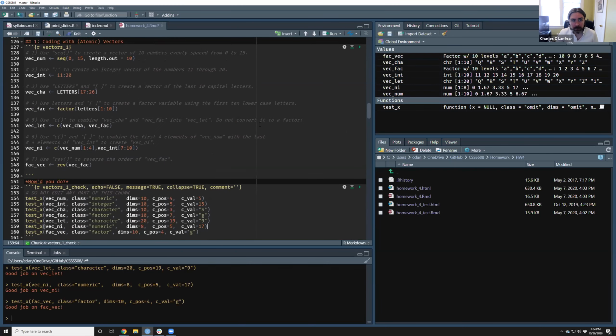Okay, so any questions on the vectors? Any other problems? Okay. How about this one? Missing value or true false needed. So that depends on the line where that error is popping up. That's indicating you've got a missing value somewhere. Does it say what line that error is on? vec NI. That's saying here that you have some sort of issue. Most likely you have missing values somewhere. Do you have vec int 7:10 here? Is that what your code looks like?